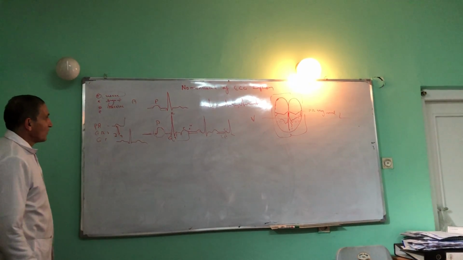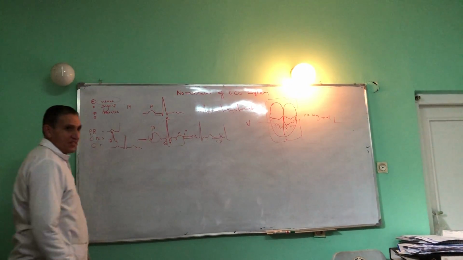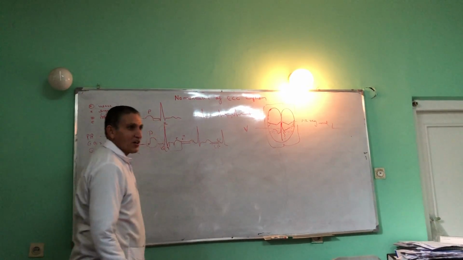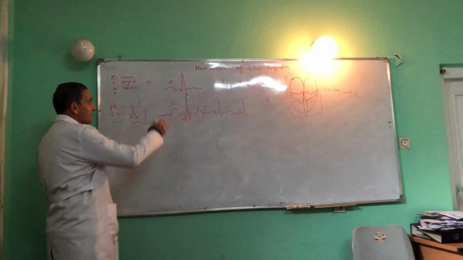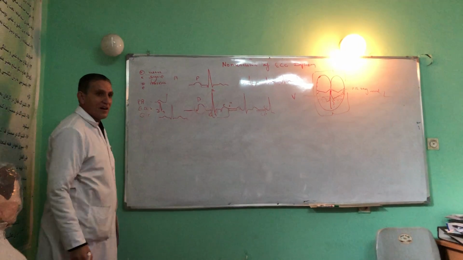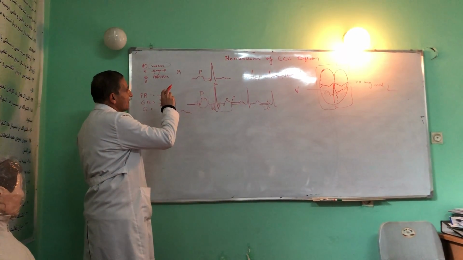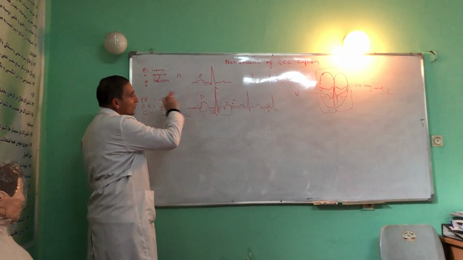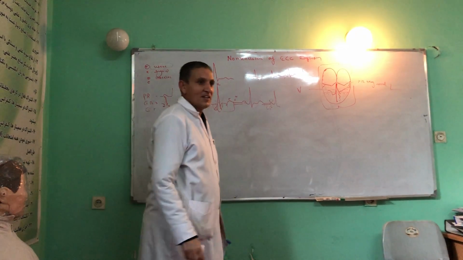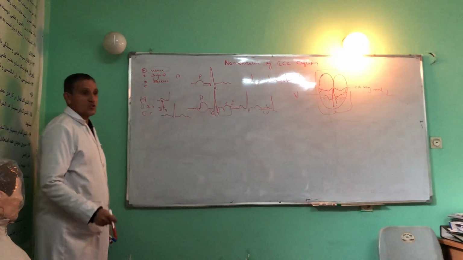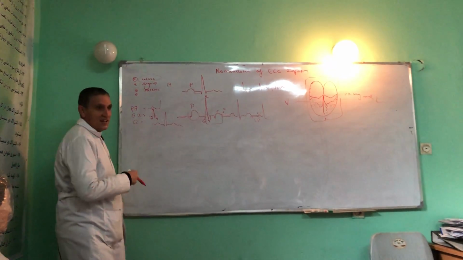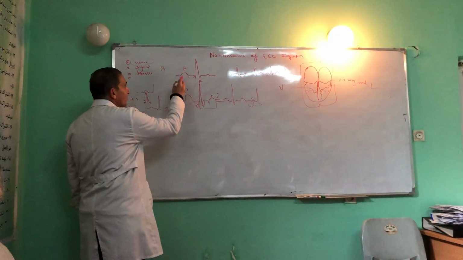After that, we also have to understand the assigning of these waves. Do you know assigning, or nomenclature? For example, when we give a name to this first wave, P wave, that is called assigning. The name that we use to introduce a wave is called assigning. This is the P wave and QRS complex.